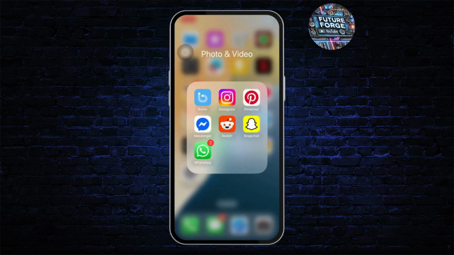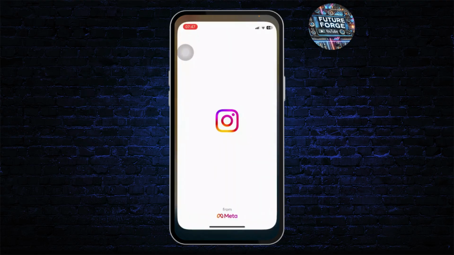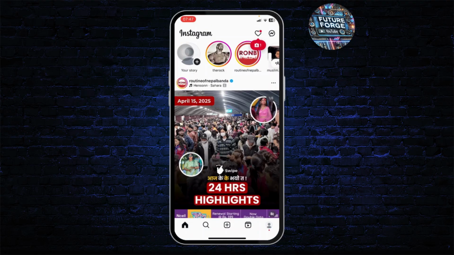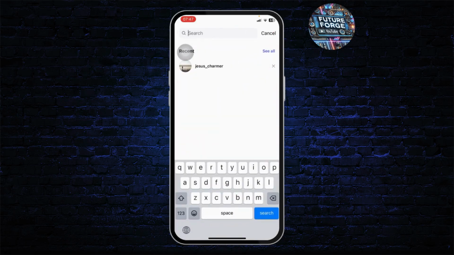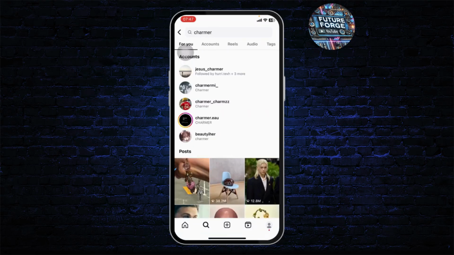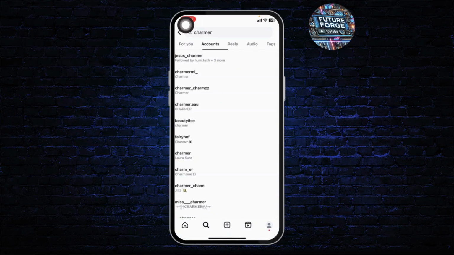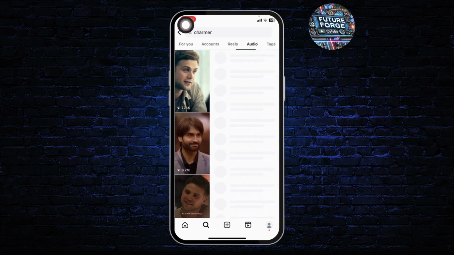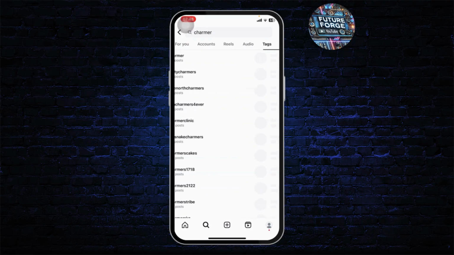The first step is of course open up your Insta. Make sure that you're logged in. And now what you can actually do is head over to the search bar. So the first way is you can search people by just knowing whatever you know about them. Such as, I'll just search for this, and if I hit enter, you'll see that I'll not only get accounts, but I'll also be getting reels and audios and tags related to that very